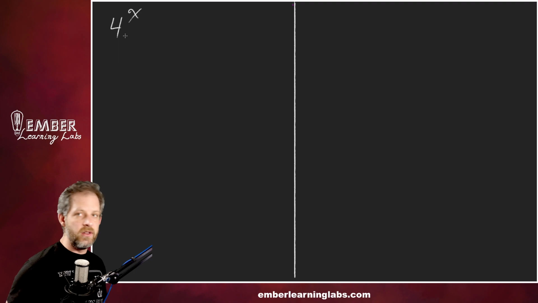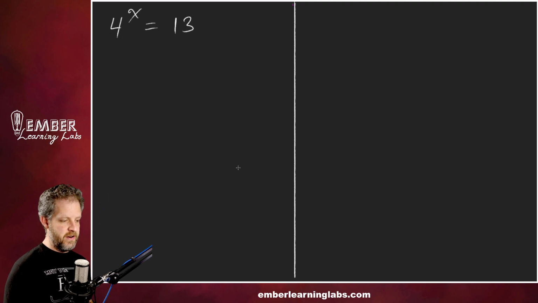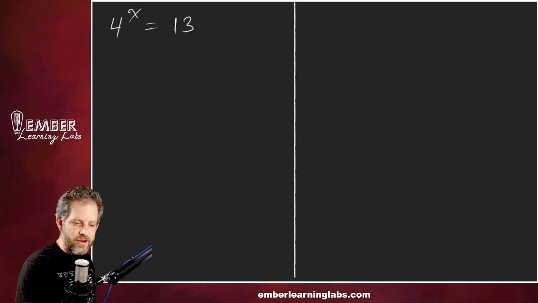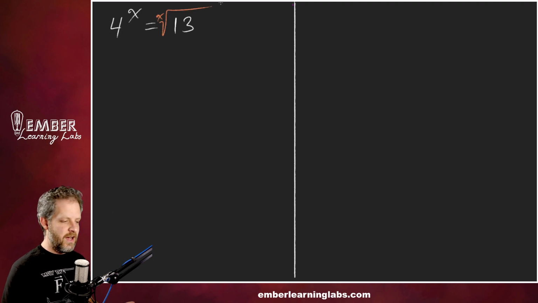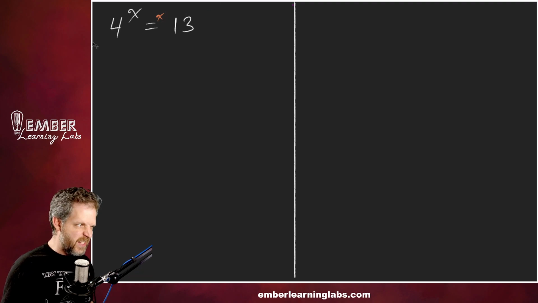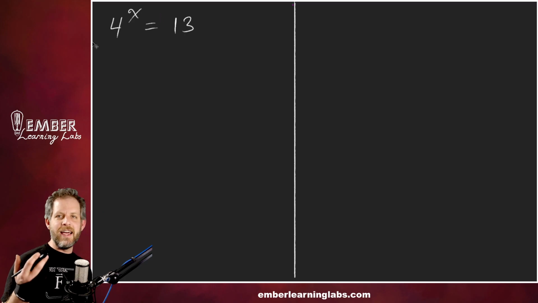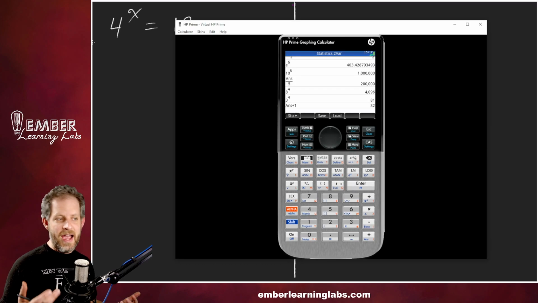So the first example we're going to look at in this video is 4^x = 13. Now, we are supposed to solve for x here. You look at this and think, okay, we could take the xth root of 13 on both sides, but that doesn't work, because what is the xth root? That doesn't jive. It's not gonna happen pretty, right? So what we actually do